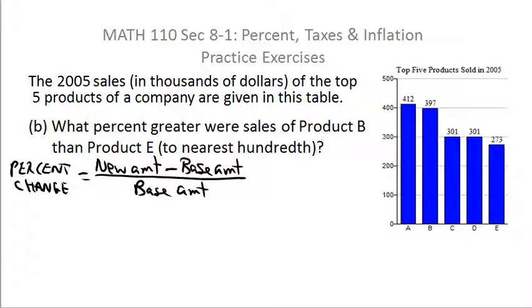Now, if it's greater, that's a percent increase. If it's smaller, that's a percent decrease. So this percent change is actually a percent increase since it's greater. So as I'm writing it down, I might even say it this way to personalize it to this particular problem. The percent greater